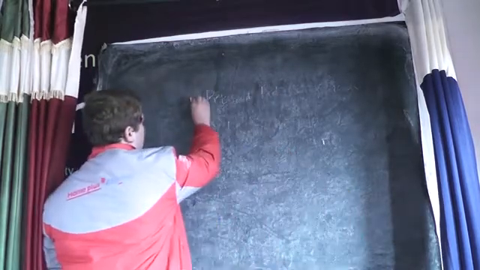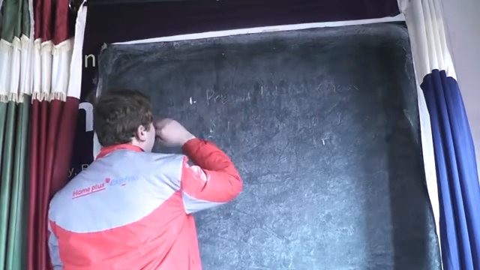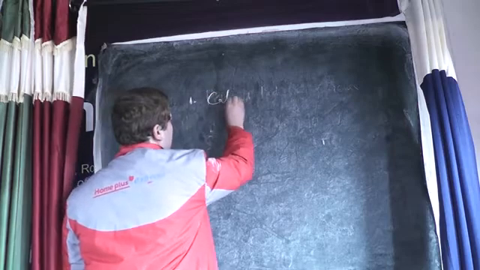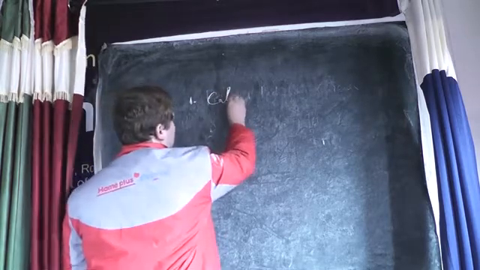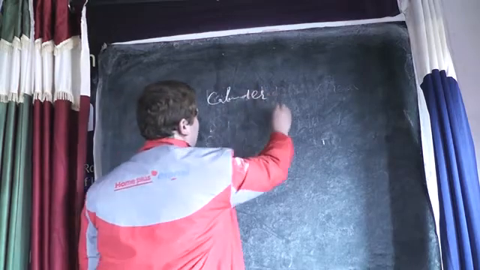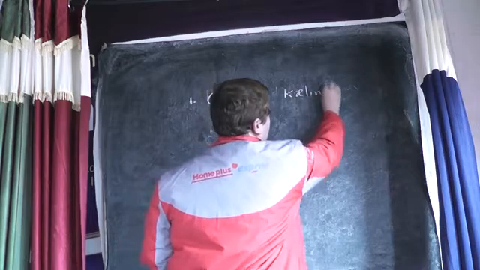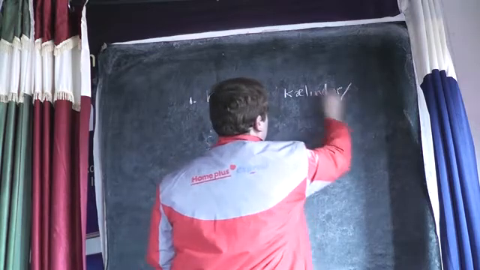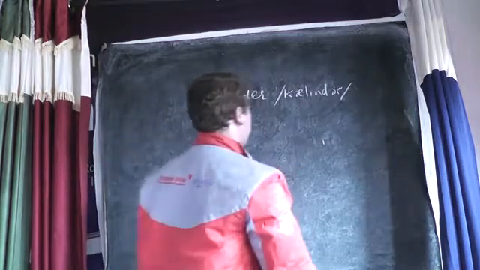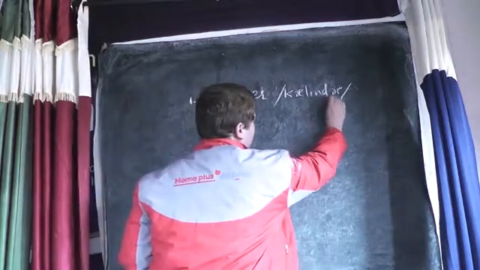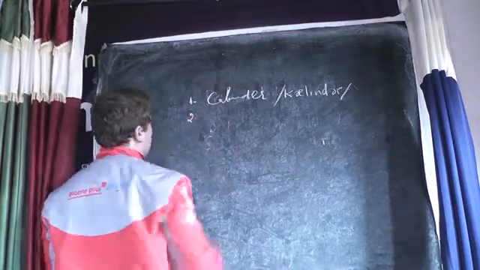So the word number 1 is C-A-L, calendar. So you can pronounce the R here, or you can leave it out if you are with the British pronunciation. So you can say calendar. Now the second word is